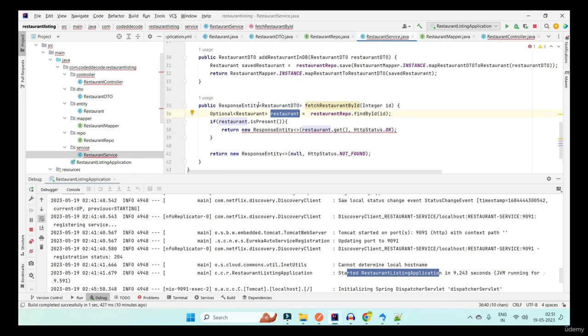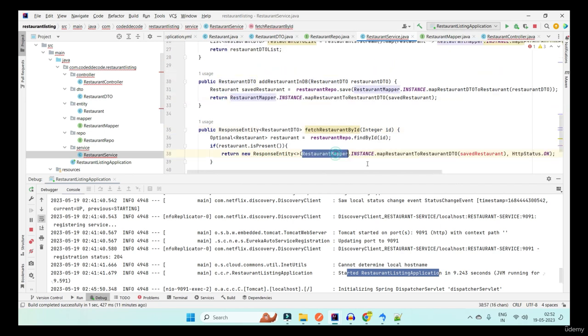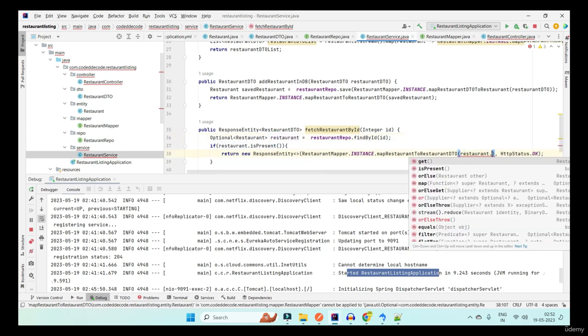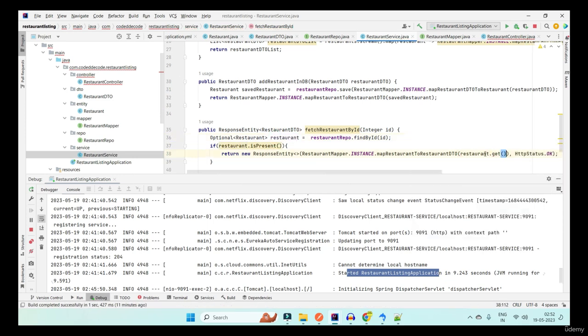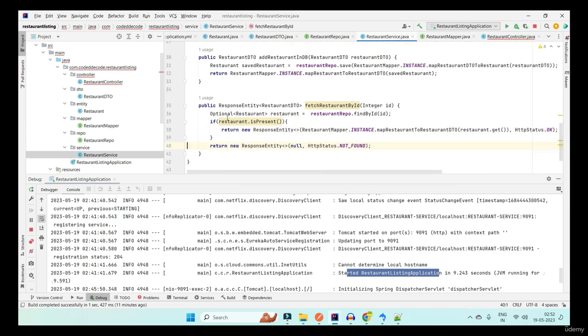We need to return the restaurant DTO, which is going to return to the client. So again, transform it using the mapper, map restaurant to restaurant DTO, and here we will have restaurant.get. Remember, we are doing restaurant.get because we have an Optional here. So our fetch restaurant method is ready for the service layer.